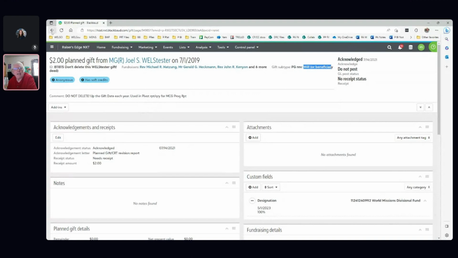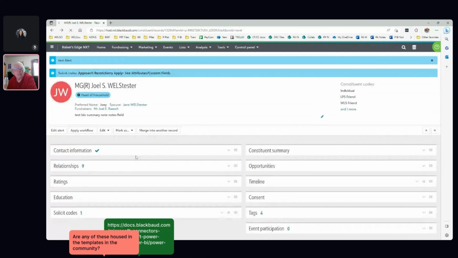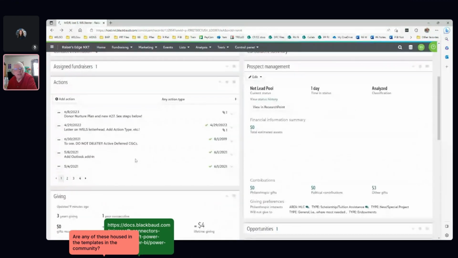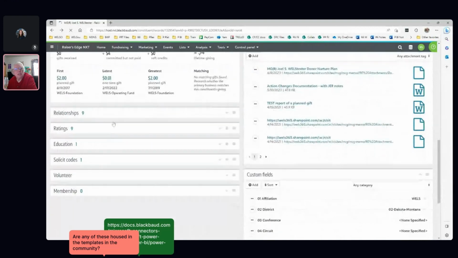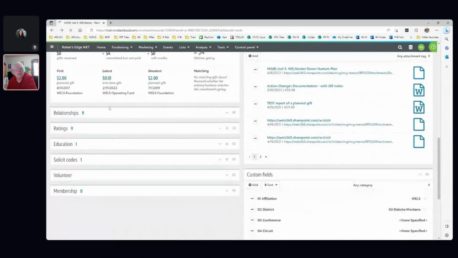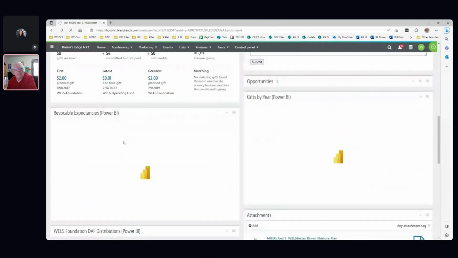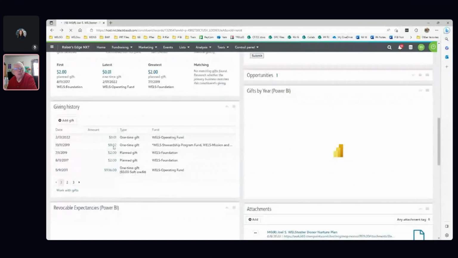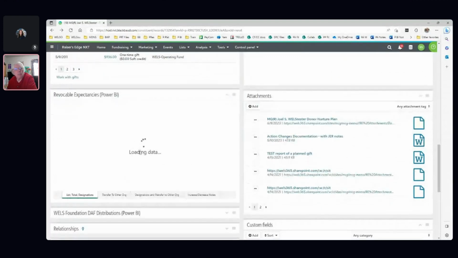Again, I could look back and try to figure those out in my head. I could look at the amounts and I could try to add them together. And I've got to give it a minute to load in the information. But once it does that and we get back down to the gifts, you will see, give it a minute. There we go. What I've done is, and this is actually something I just created fairly recently, it aggregates these totals. So these two $2 gifts, there we go, loading it.